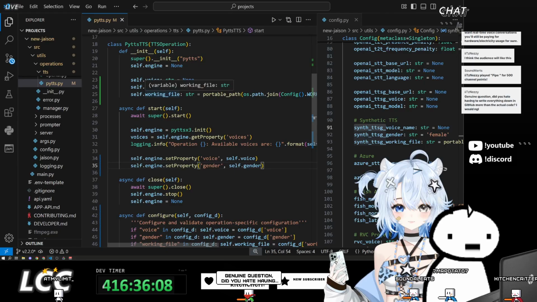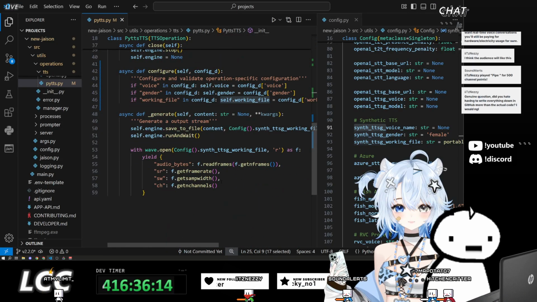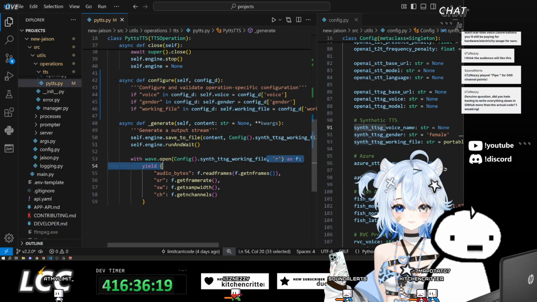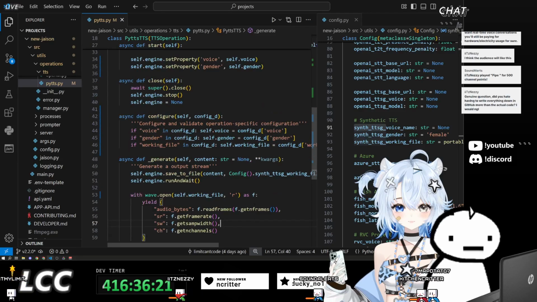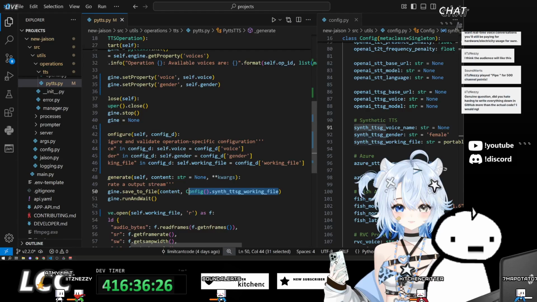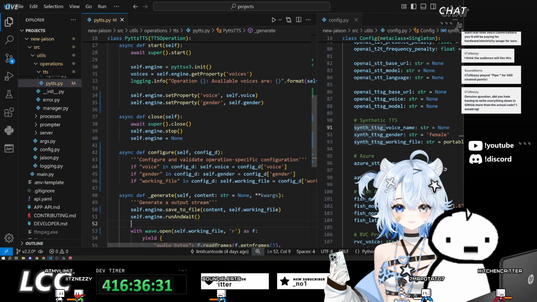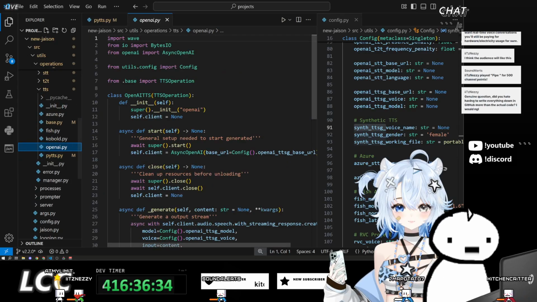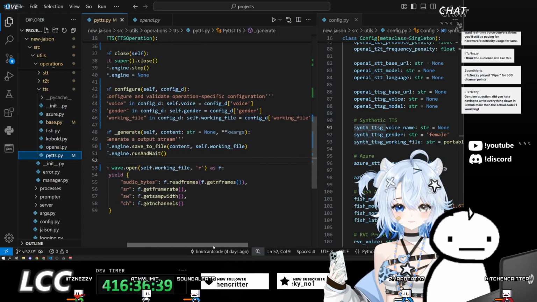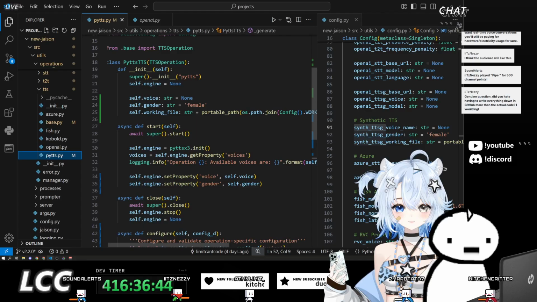This is going to be such a tedious process because there's so many operations that we support, which is kind of the annoying thing of having to support so many implementations. I kind of just want to, at some point, prune a lot of these operations, clean it up, and stick with one good solution that is locally runnable and stuff. Which we could technically do right now, but for now we'll just keep it like this. I think this should be good for PyTTS. I don't think there's anywhere else we need to change for this.